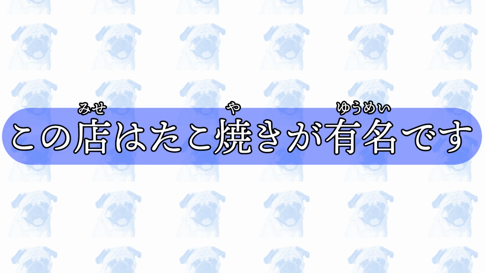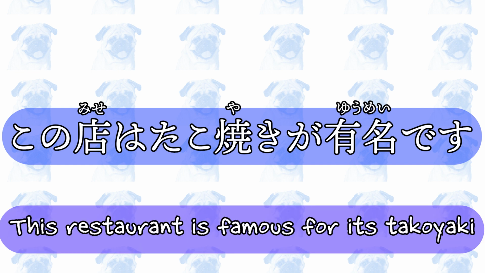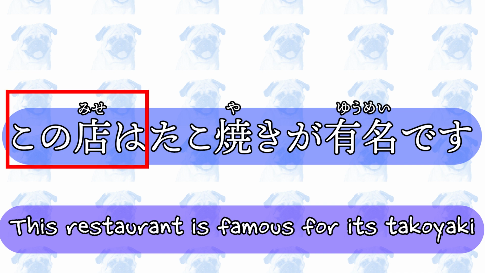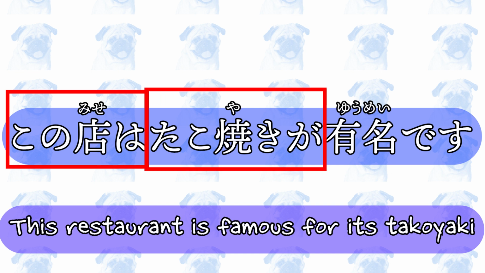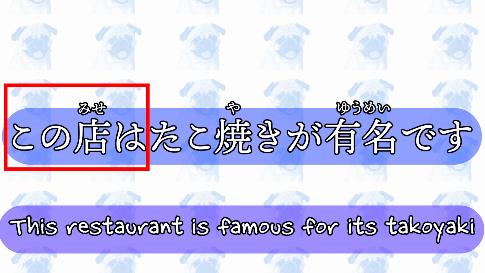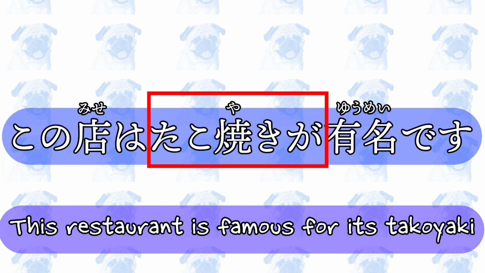この店はたこ焼きが有名です。This restaurant is famous for its takoyaki. This example is a little tricky because the subject in the English translation is this restaurant, while the Japanese sentence seems to contain two subjects, one with wa and the other with ga, which is a very common phenomenon in Japanese. この店は restricts the topic of this sentence to just this restaurant, and takoyaki ga reveals what is famous within